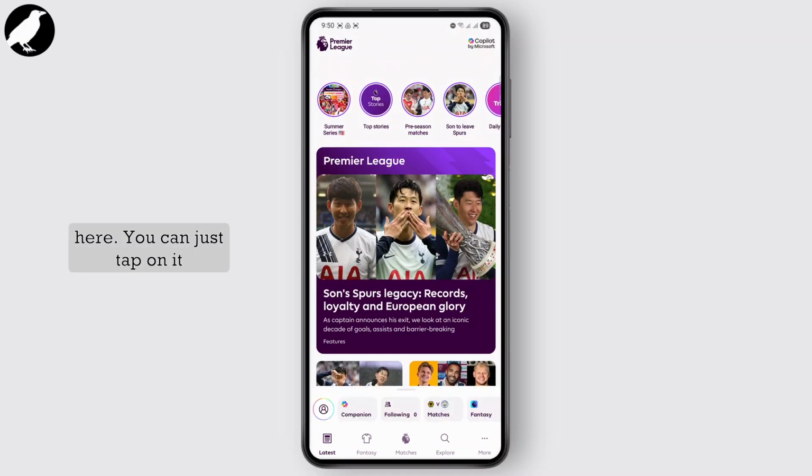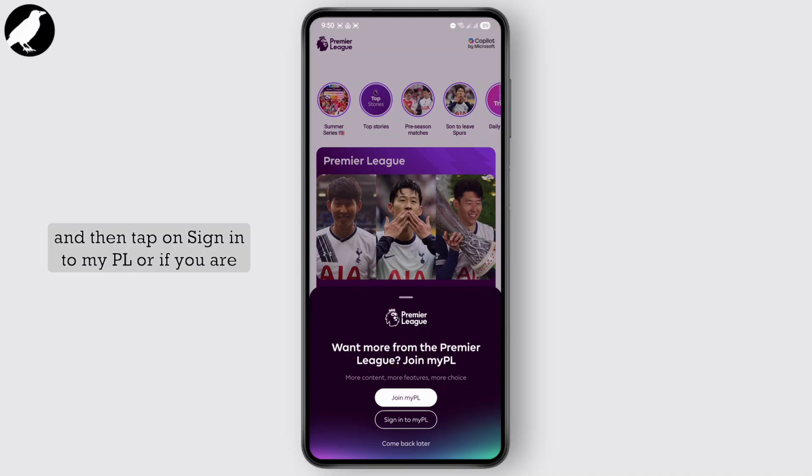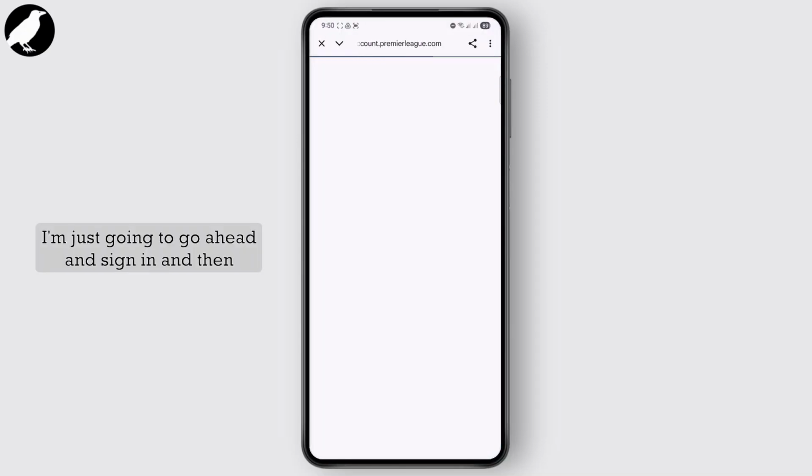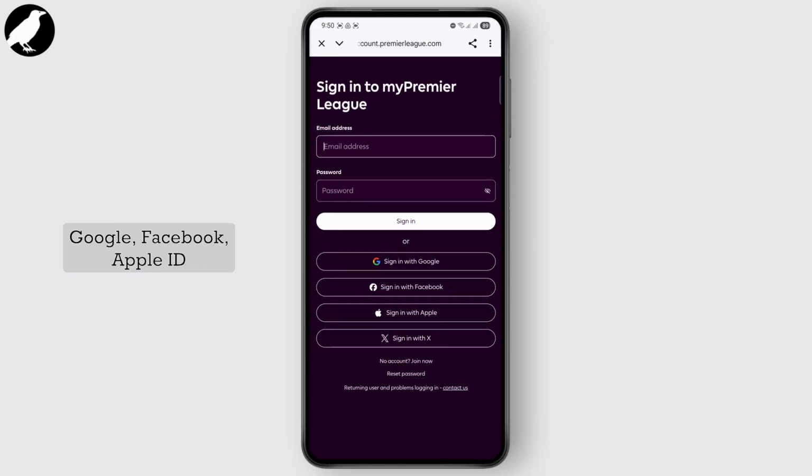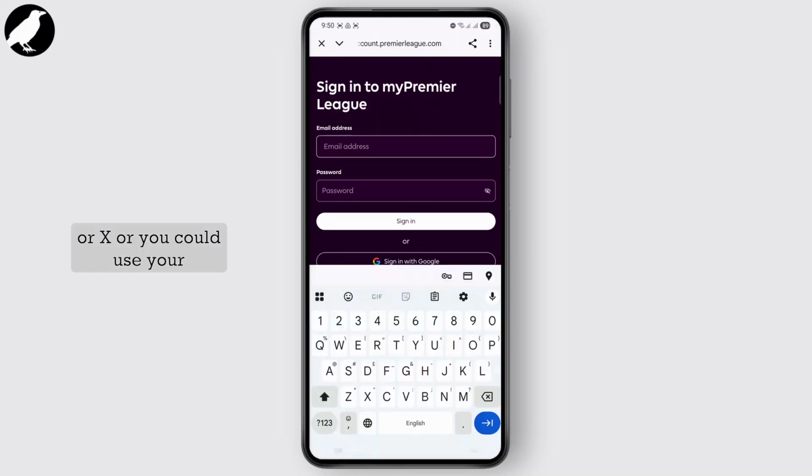You could just tap on it and then tap on sign into my PL, or if you are new you can join and create a new account. I'm just going to go ahead and sign in, and then from here you have multiple options that you can choose from. You can either sign in with Google, Facebook, Apple ID, or X, or you could use your email